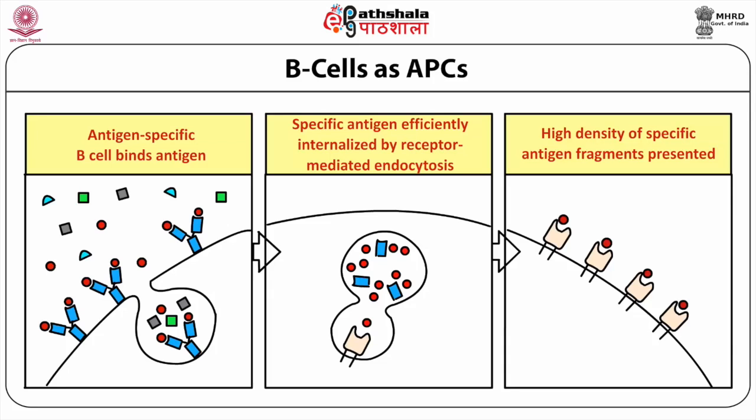It appears that B cell specificity is based upon the quantitative criterion of how good the internalization of the antigen has been. Apparently, even non-specific antigens are internalized, albeit very poorly, by B cells. The corresponding antigenic fragments are also presented, but the cell surface density of antigenic fragment MHC complexes is very poor.